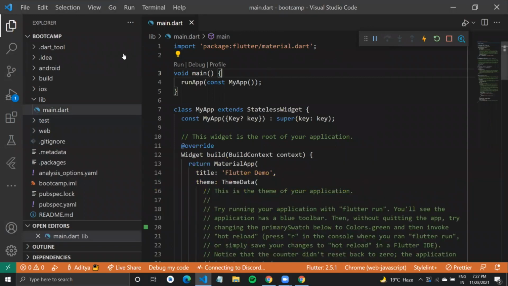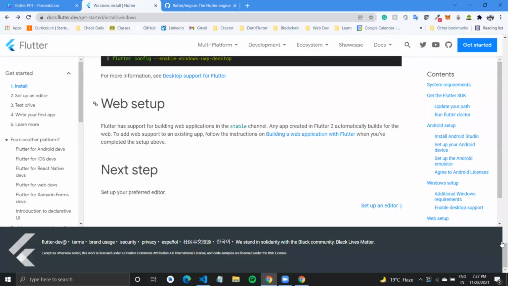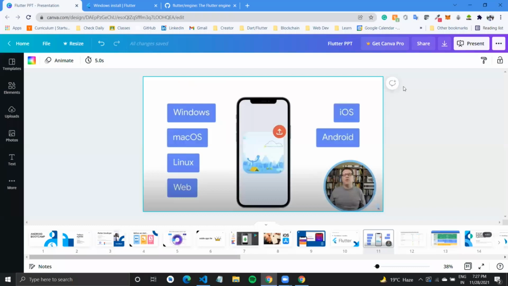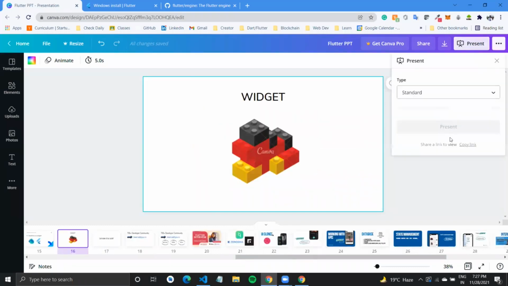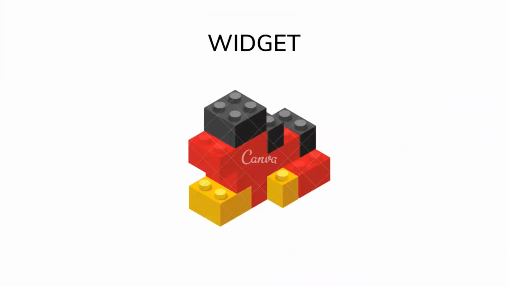The first line is an import statement. What it does is import Material UI into our Flutter project, and you don't have to worry about it immediately. But what happens in Flutter is that every piece of code we write is a widget. So what are these widgets? Let me take that up real quick. You can think of widgets as Lego blocks. If you were working on the Android side of things, you must have seen how we were dragging one of the elements on screen.